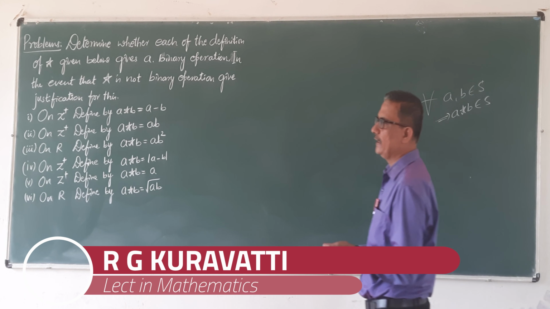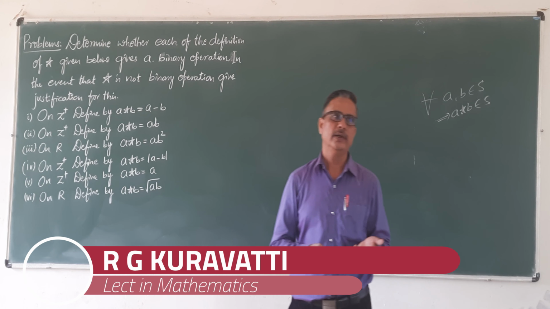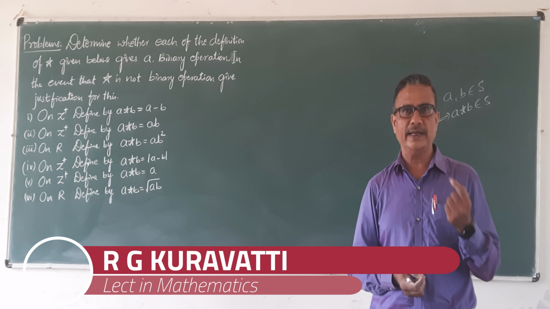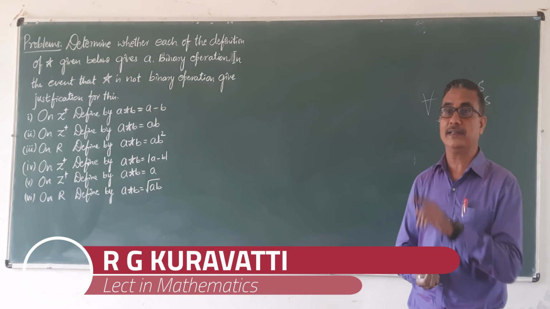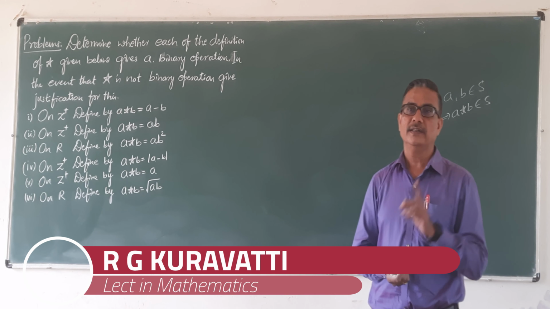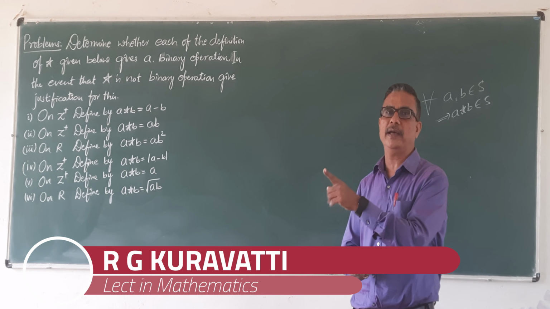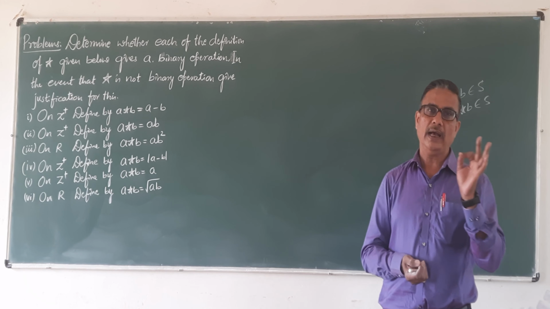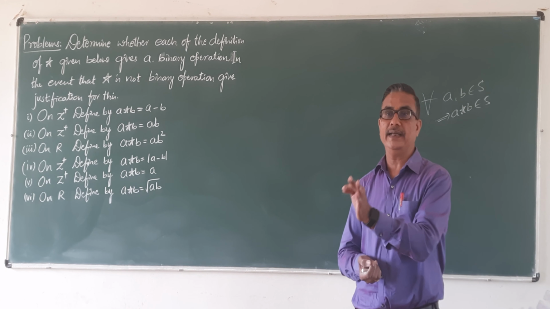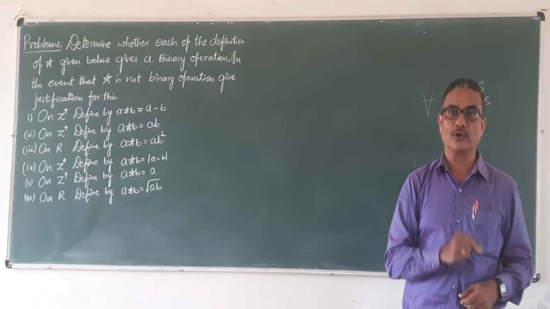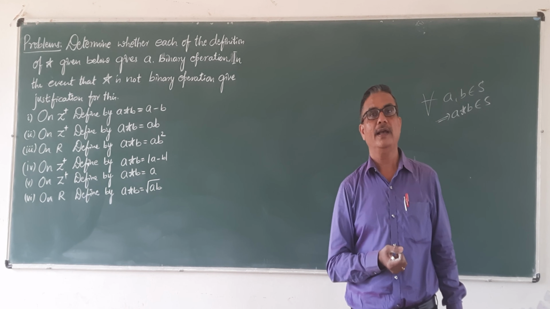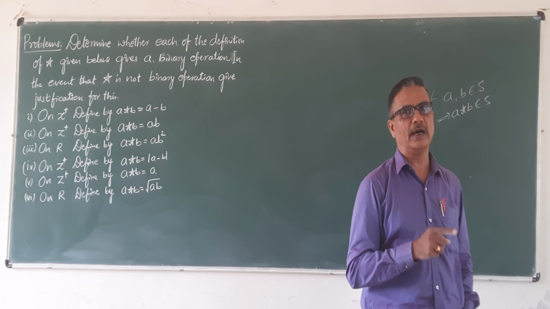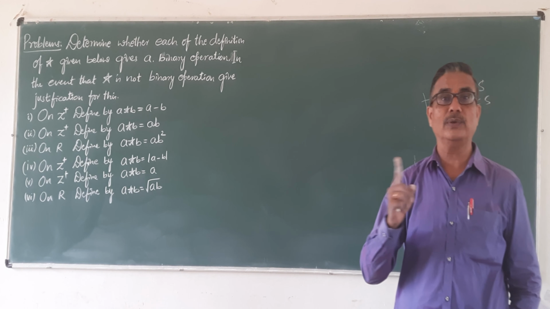Then the third one is the identity law, identity axiom. Definition of identity: for all a belonging to the set S, there exists an identity denoted by the letter e belonging to S such that a star e is the same as e star a, which is equal to a itself. Note that in addition, the identity element is always 0, whereas in multiplication, the identity element is always 1. Okay. Then finally, the fourth law, that is the inverse law or inverse axiom.